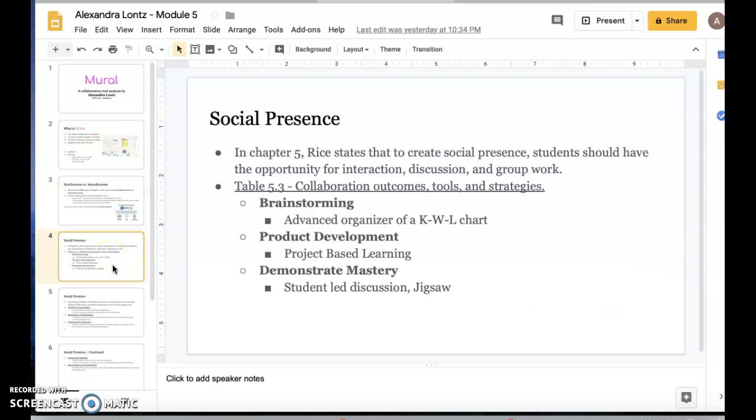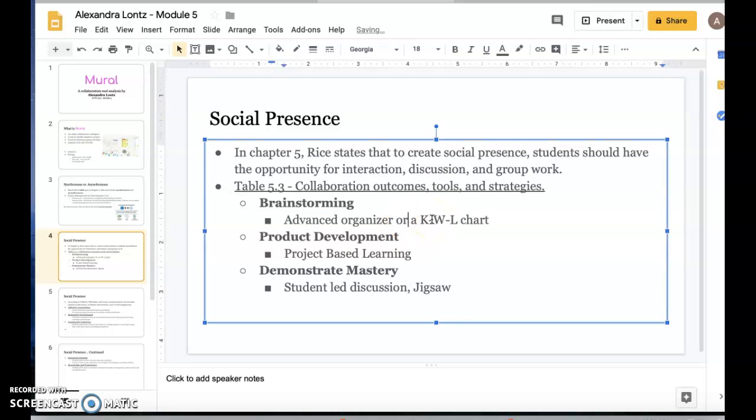When it comes to creating social presence, Rice states that students should have the opportunity for interaction, discussion, and group work, which I thought Mural does a great job at doing through all three of those things. So if students were going to brainstorm together, and this is all coming from table 5.3, collaboration, outcomes, tools, and strategies, with an advanced organizer or a KWL chart,